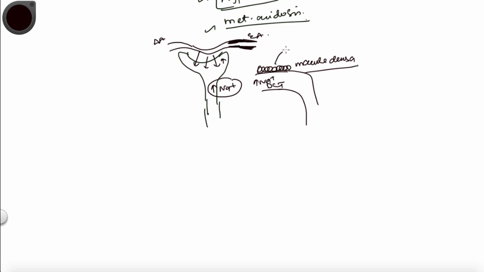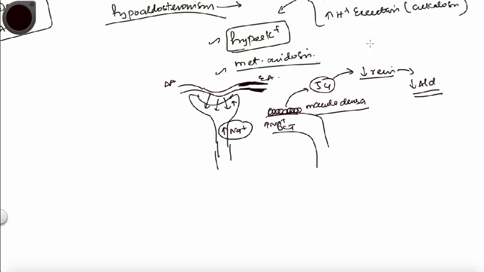This macula densa gives a signal to the juxtaglomerular apparatus, which is going to produce less renin, and this less renin is going to cause less aldosterone, and this less aldosterone is going to cause all that hyperkalemia and other stuff. So this is the pathophysiology behind how diabetic nephropathy causes a low aldosterone or hypoaldosteronic state,